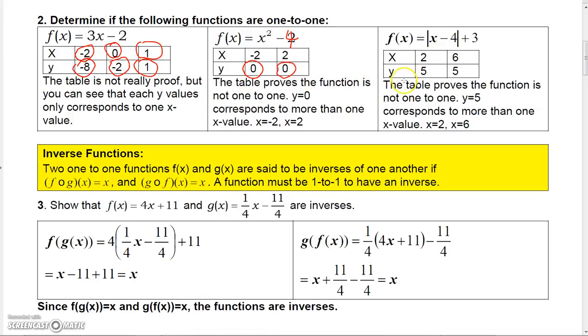For this function, you can see that if y is 5, and you plug 2 in here and check it, you'll see that you get 5 for the y value. But also if you plug 6 in, you'll get 5 for the y value. So 5 corresponds to 2 and 5 corresponds to 6. So that definitely is a y value that corresponds to two different x values, so therefore that one is not